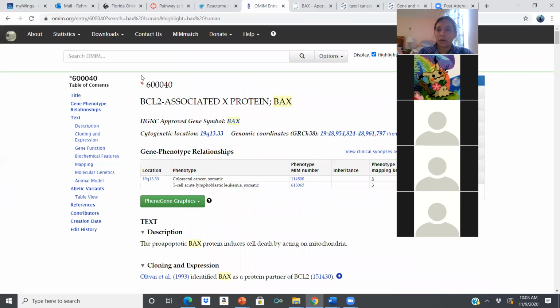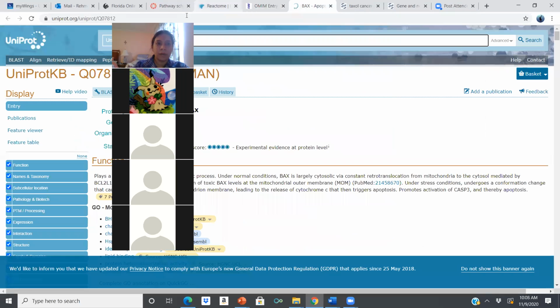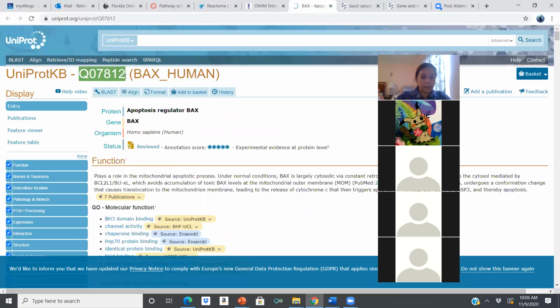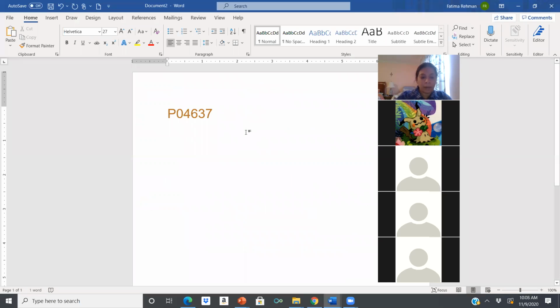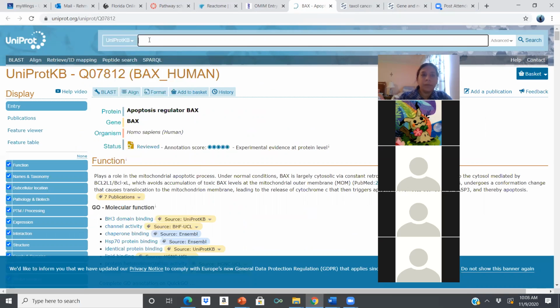Okay, so did I get my protein name? There we go. Again, that's my second one, and I'm going to do one last one, and then we'll be ready. Since I'm just doing a demo, I'll then show you what it will look like. Now you could probably go through this too. Sometimes that gives you a lot of extraneous information, which is why I don't go to UniProt directly. But